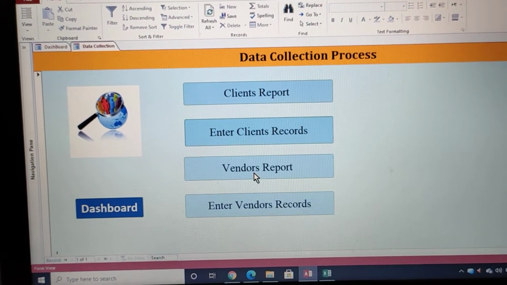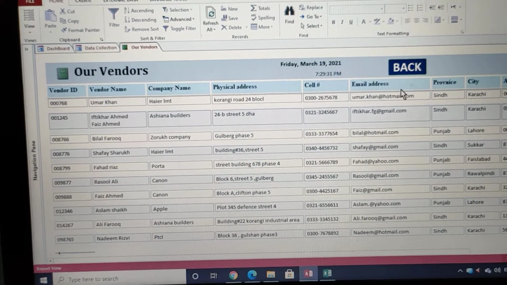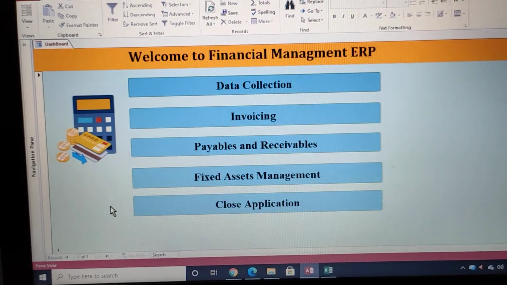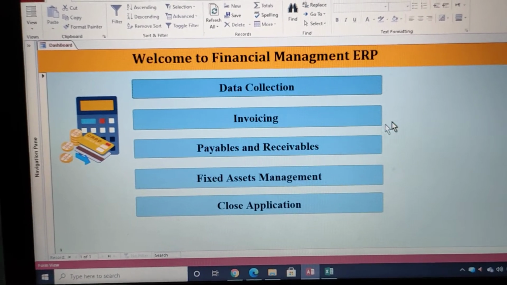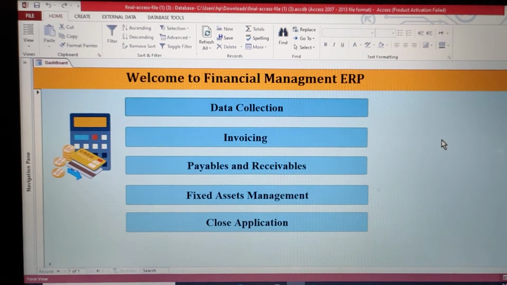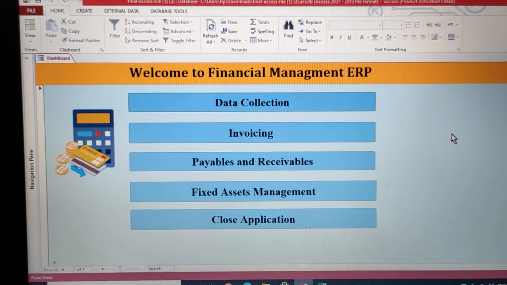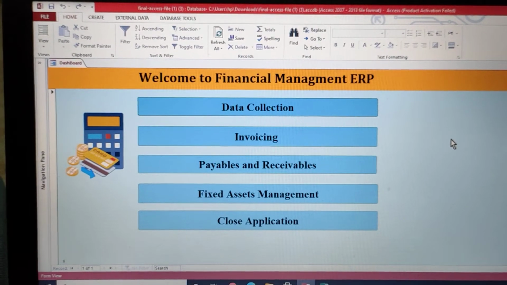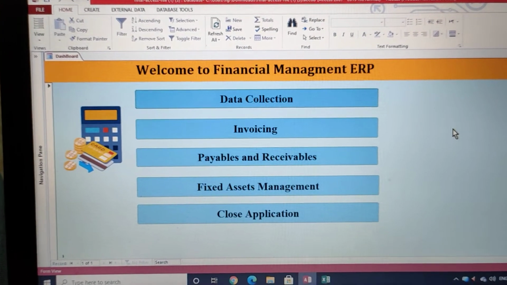And here you can enter the vendor's report. If you shop for your necessities from Imtiaz supermarket or from Nahid supermarket, you can enter the record here. When you are doing a business, you need to manage it really well so that you know where you are standing. Just rough mental maths is not enough to manage your business.